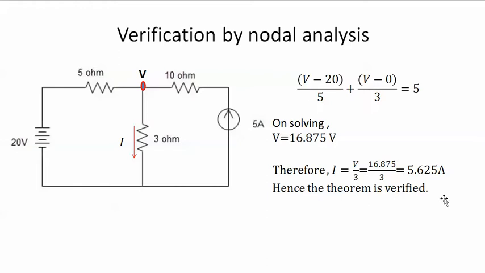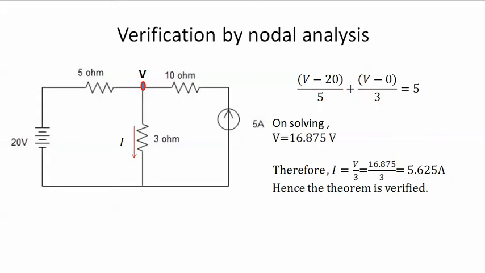That is, the current flowing through 3 ohm due to both the sources kept active is so much. This is the same as the algebraic sum of the currents considered when the voltage source was acting alone and the current source was acting alone, and while taking the algebraic sum it was found to be the same. Hence the superposition theorem is verified for this response.